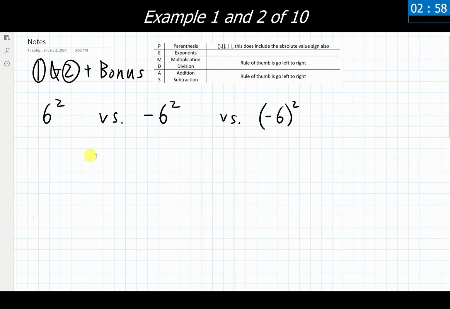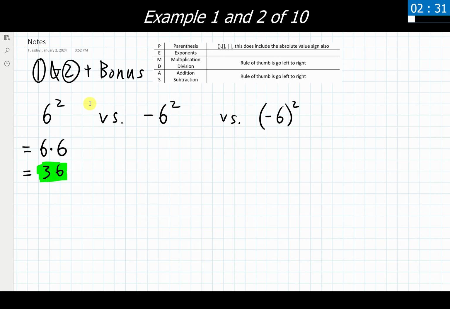Starting off with our first two examples and our bonus one that we have right here, we're just going to use our standard properties for exponents at the very beginning here. I have a base of 6, and that's being raised to the second power, which means if I were to expand this out, I would have 6 times 6. And then I can simplify that down to be 36 by multiplying those two numbers together. And I have my final answer.